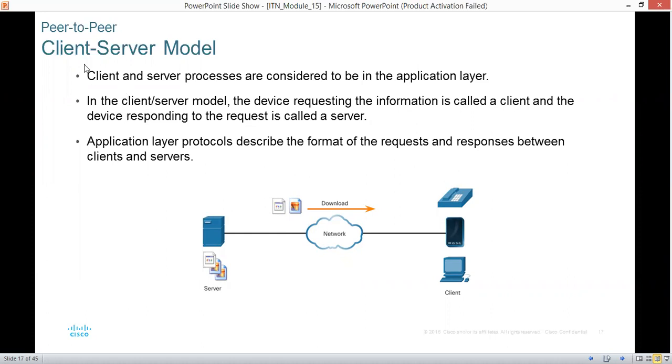So for peer-to-peer also, we could say client-server model. A client and server processes are considered to be in the application layer. In the client-server model, the device requesting the information is called a client, and the device responding to the request is called a server. So when you have an application on a particular system, and you have a system that must connect to that server,